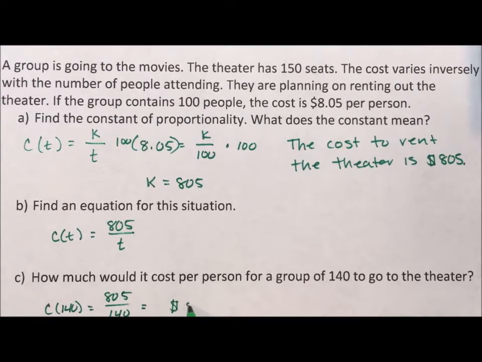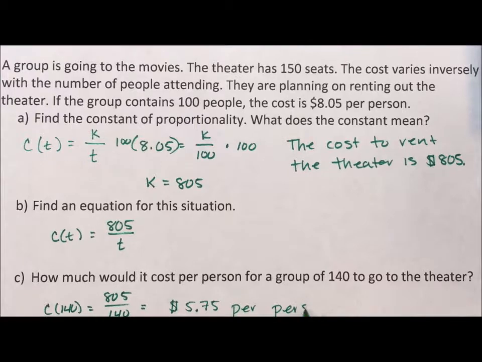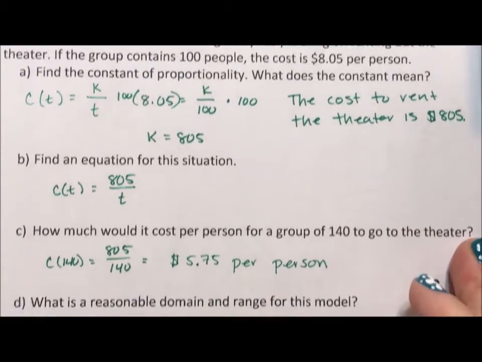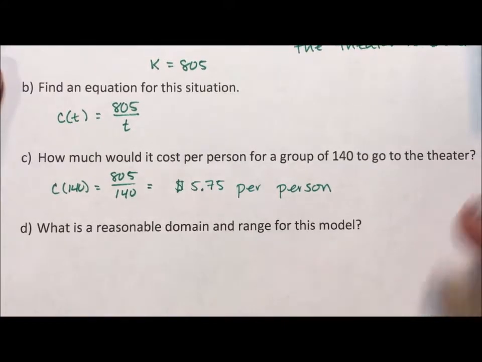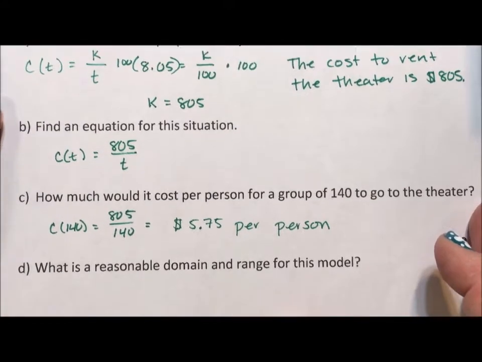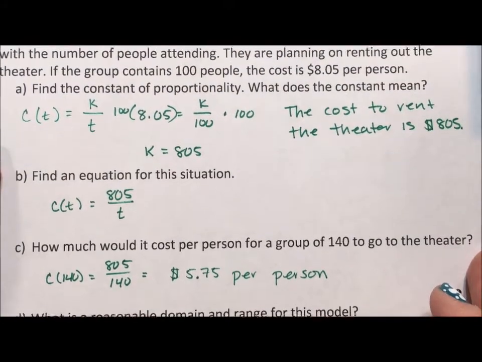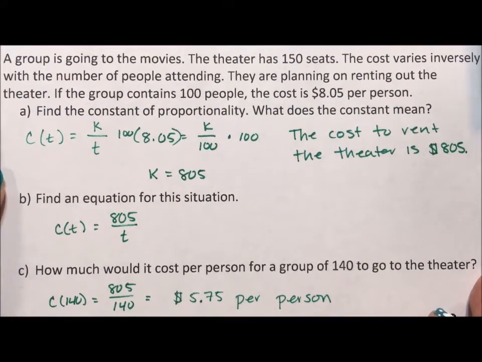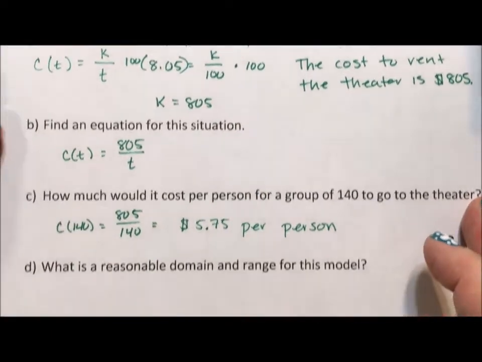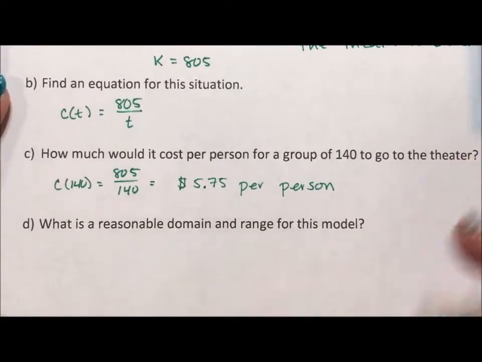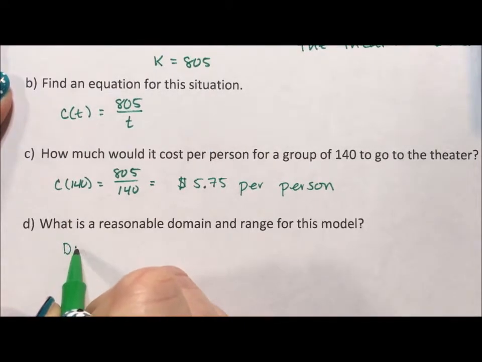$5.75 per person. Lastly, and this is a very common and an important question, what is a reasonable domain and range for this model? Okay, so if we come back up to the original problem, it says that the theater has 150 seats. So if you're renting out the theater, the number of tickets, the domain, it makes sense if the domain